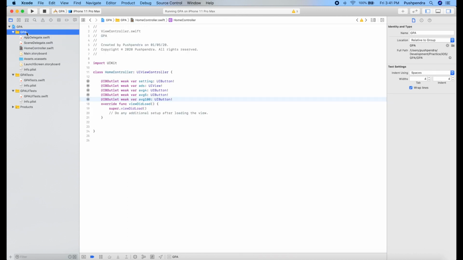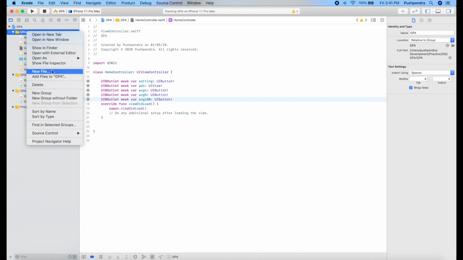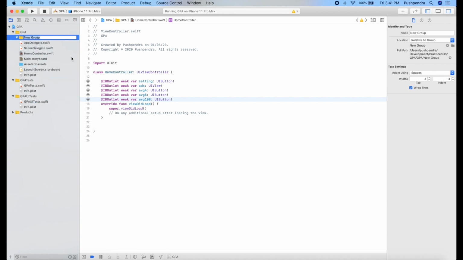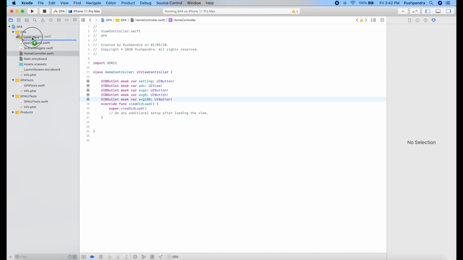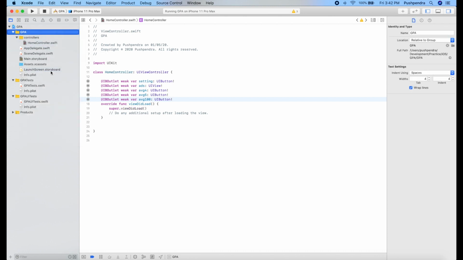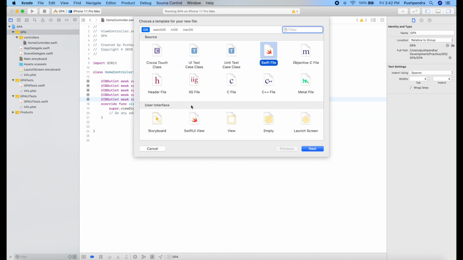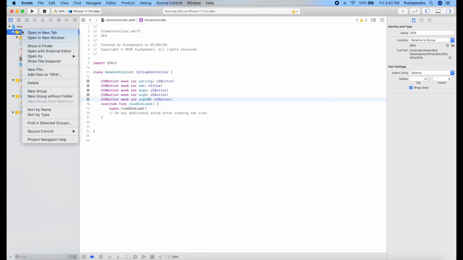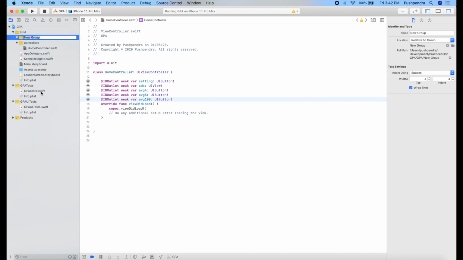Now back to home controller. Here, take one new group, name it controllers. So in this controllers group, all our controller files will be there. Okay. Now actually what I'm doing, I'm just creating some hierarchy of my project. This will be cells.